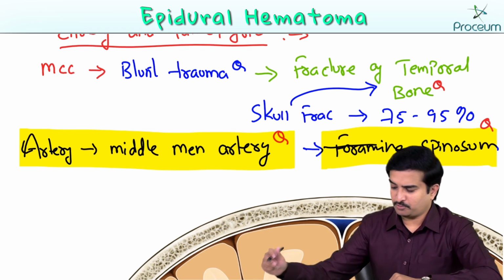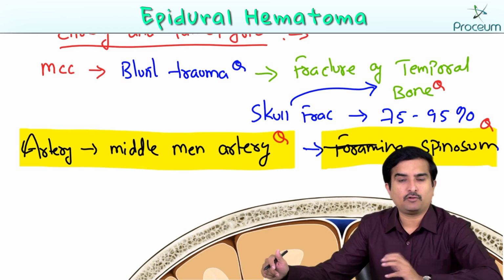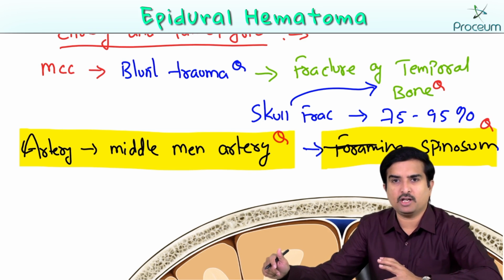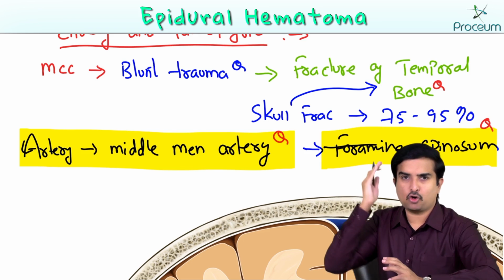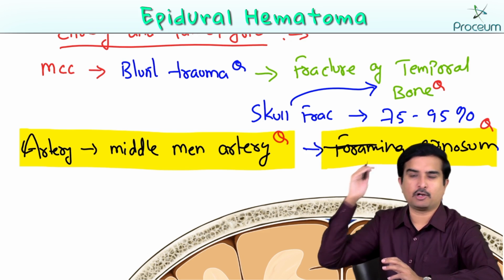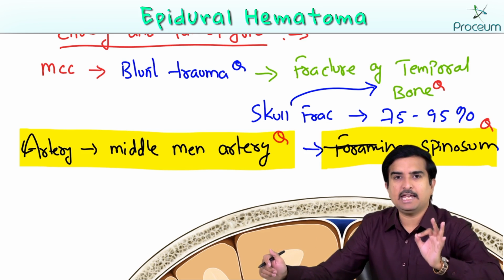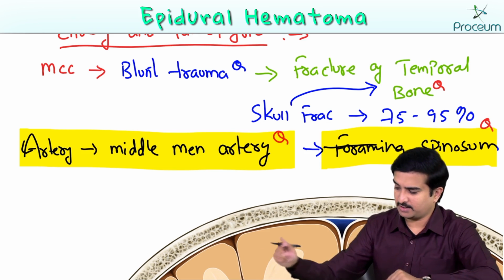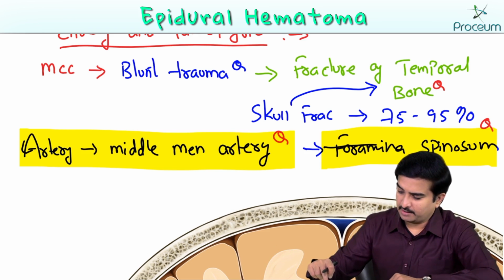Because of this rupture, there is hemorrhage over the cerebral convexity. So this is the cerebral convexity. There will be a hemorrhage over the cerebral convexity, that is in the middle cranial fossa. Concentrate on this point,